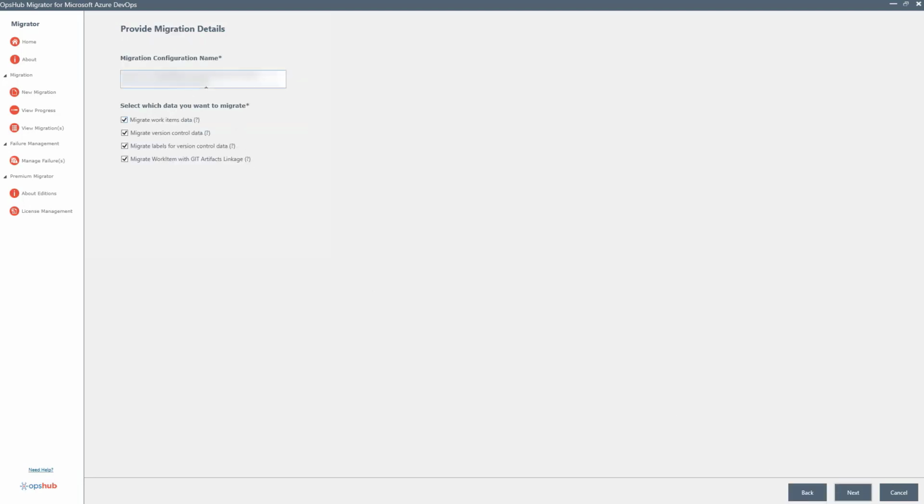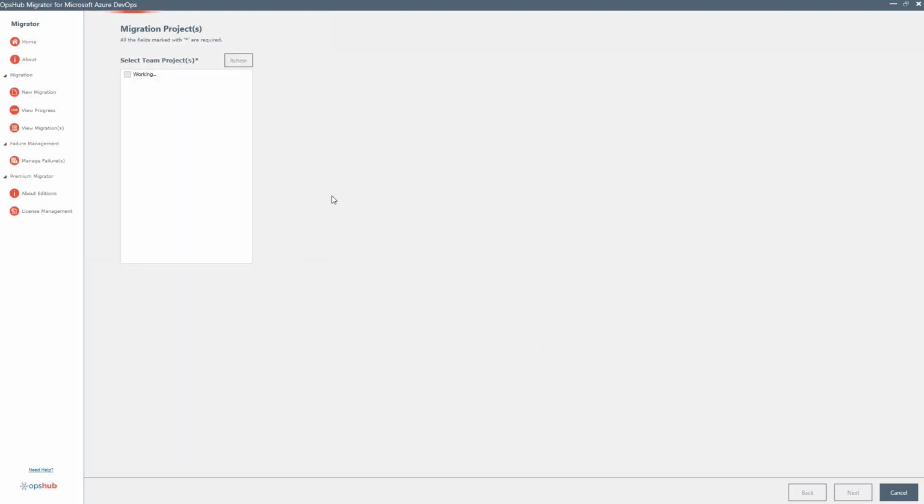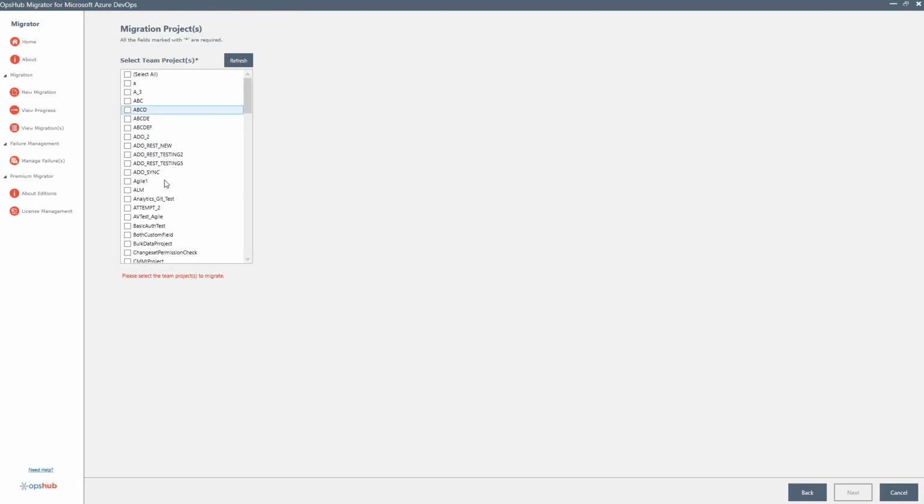After clicking on Next, I will select the data I wish to migrate. There are multiple options such as work items, version control with labels, area and iteration, query, dashboard, and widgets available for you to sync. You can choose as per your requirement. Now I will select the projects I wish to migrate. You can select multiple projects at a time,